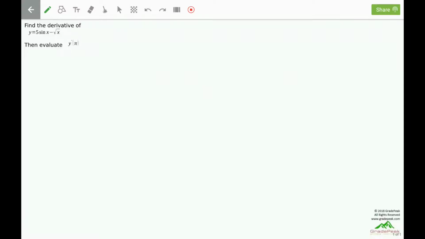Find the derivative of y equals 5 sine x minus the square root of x, then evaluate y prime of pi. So y here is made up of two terms combined together by subtraction, 5 sine x minus the square root